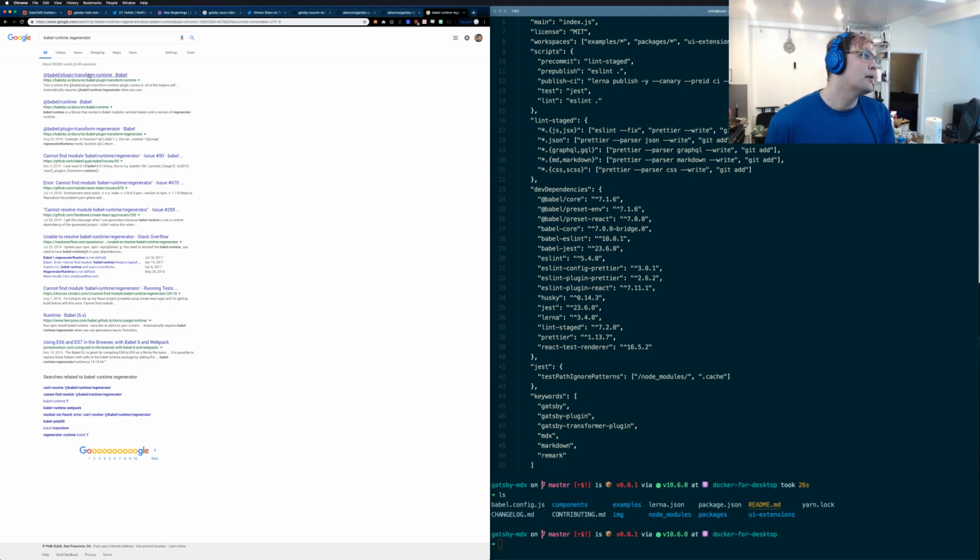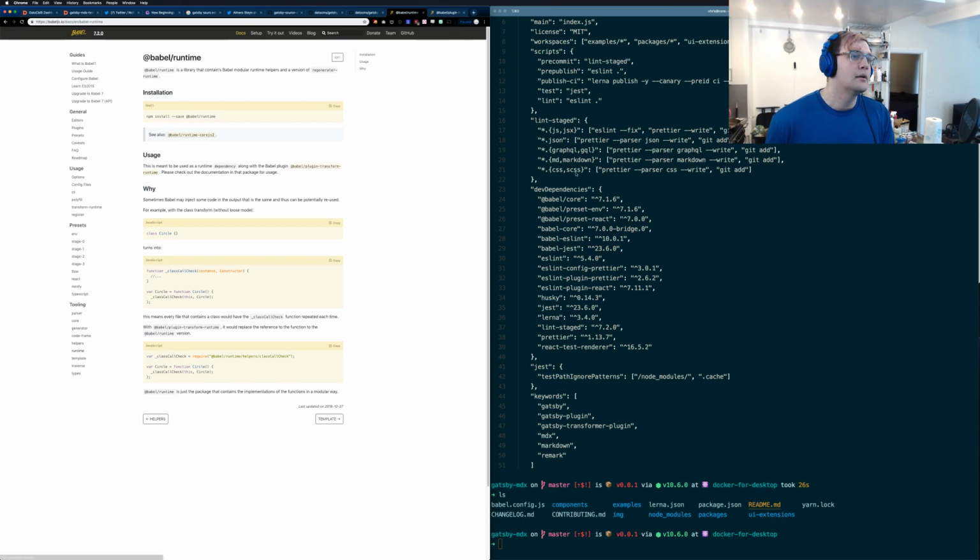Because async await compiles to generators, you need to include the runtime, but I haven't done that in a while, and I don't think that Gatsby includes it by default. Here we go, Babel Runtime includes the regenerator runtime. So if we include the runtime along with the Babel plugin,